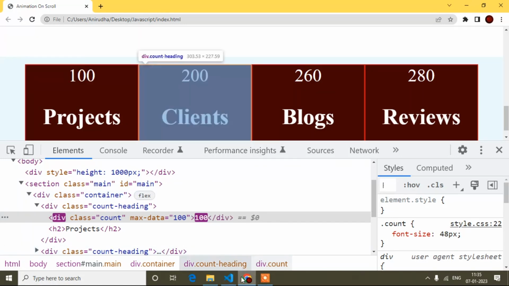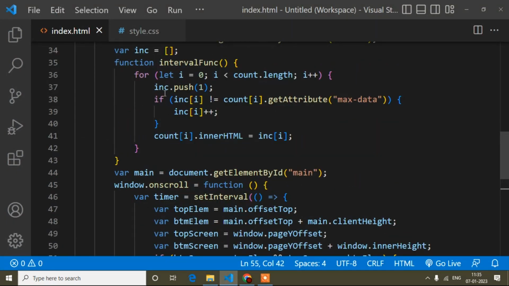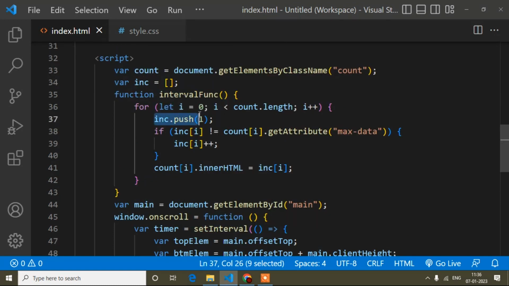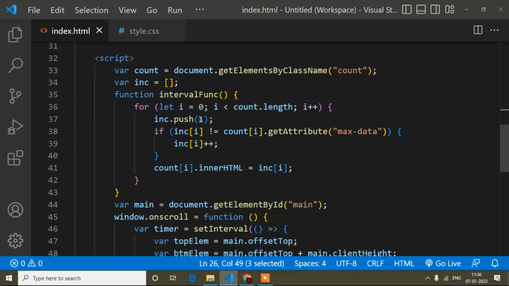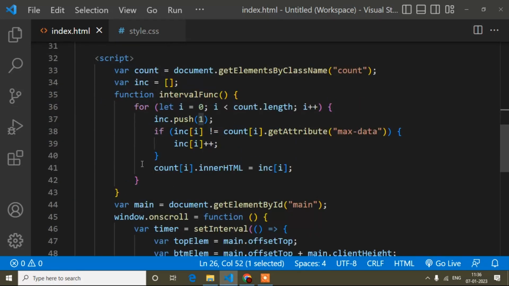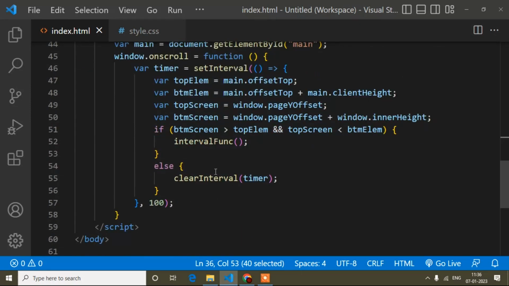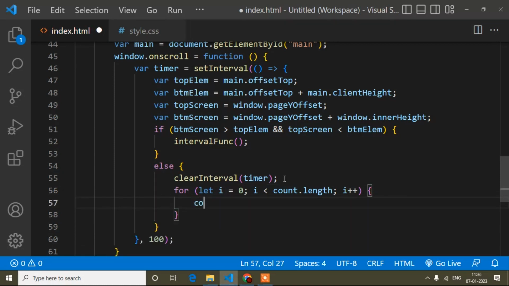So for that, in the else part I have to make it like earlier. This increment will be 1, then it will start from 1 again. While it is reaching 100, up to the max data, that is printed. So again I have to make it 1, and in this count I have to print 1 again. So I have to copy this loop after clearing this setInterval, and now here I'll write count